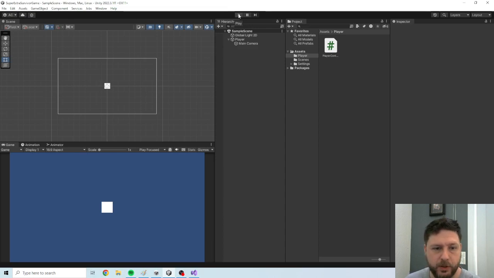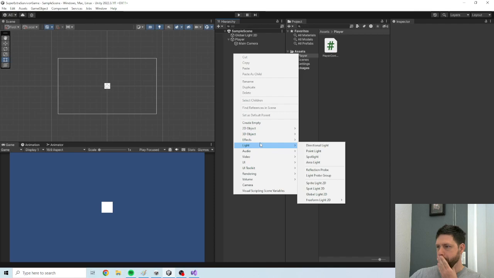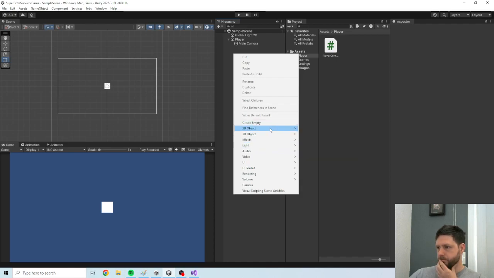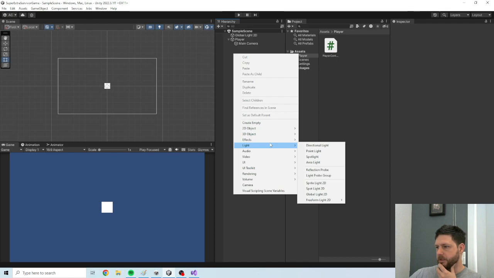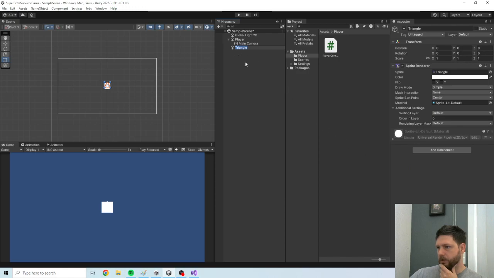All right, so we got a guy. He can move around. We're gonna need to spawn some enemies. So let's make an enemy. I'm gonna go ahead and make a triangle for our enemy, and then obviously we can put some art there later. I'm gonna scoot them off,